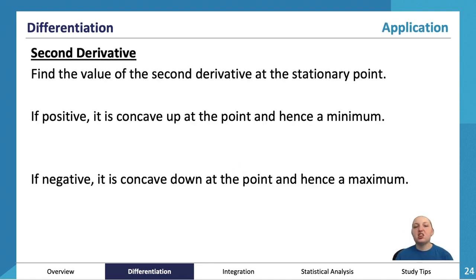And so yeah, this is just another explanation of using the second derivative to find stationary points. Fairly simple. Find the value of your second derivative at the stationary point. If it's positive, you're going to have a concave up, which means it's a minimum. If it's negative, you're going to be concave down, which is going to be a maximum. So yeah, I think using the second derivative is much easier and much quicker if your second derivative is easy